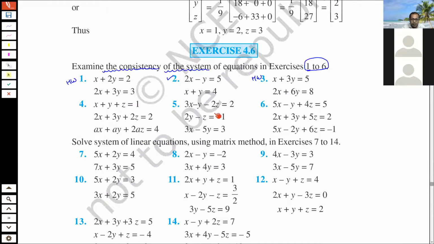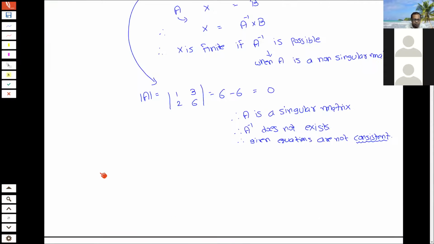Now before the 3x3 question, let me solve one 2x2 question here. Now look here, solve. Here they have written solve the linear equations using the matrix method. So I will solve one of these three. Look, let me first judge directly. Here it says solve, it means all of these will be consistent. So I am solving question number 9.